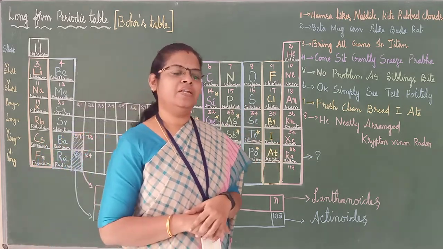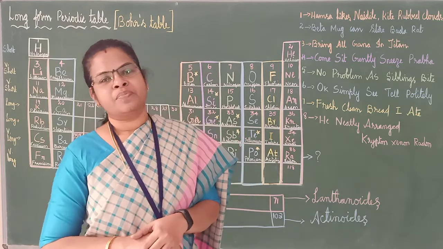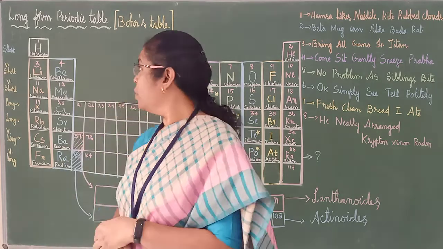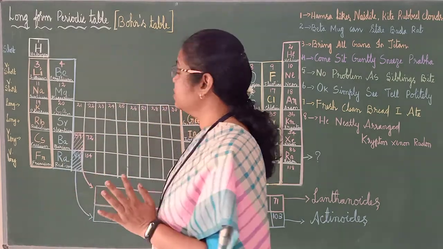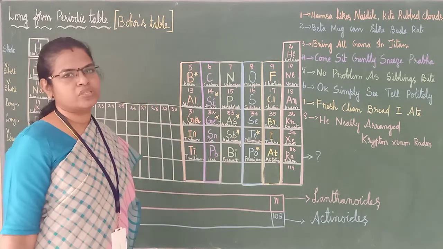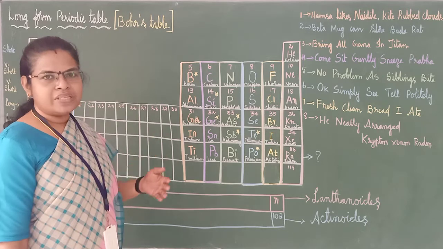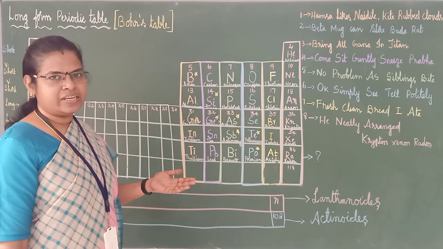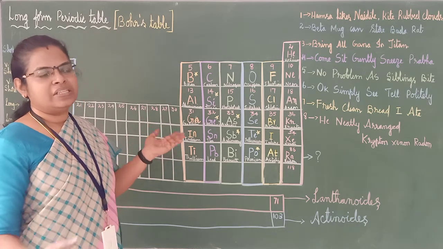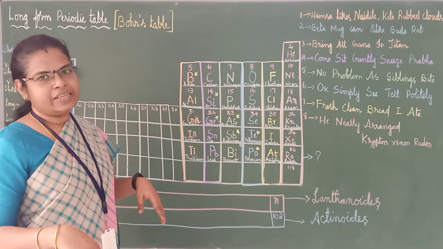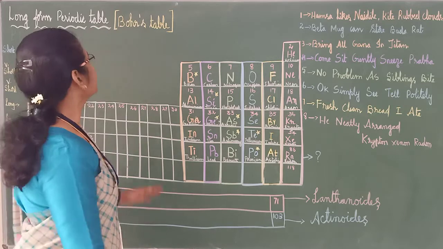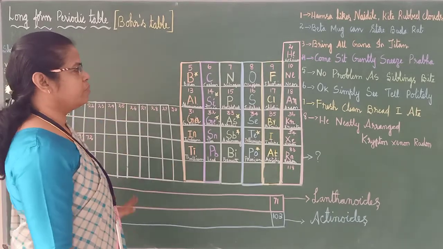So here, mostly what he did, he said atomic number should be used. And the modern periodic table is this one. This is called the long form periodic table, or it can also be called Bohr's table. Whatever problems they faced were rectified. Here and there some alterations were done, whatever is needed was added and whatever is not needed was deleted, and finally we got this long form of the periodic table.